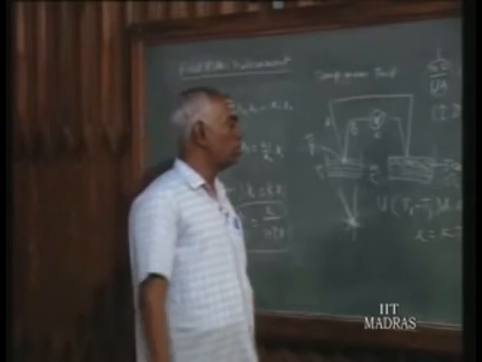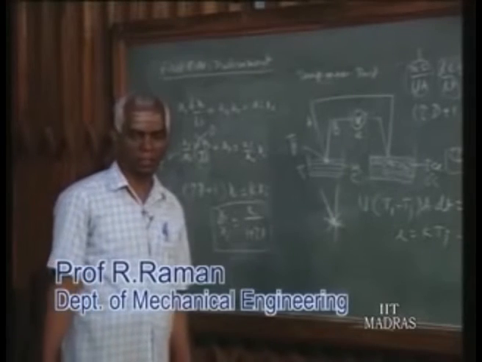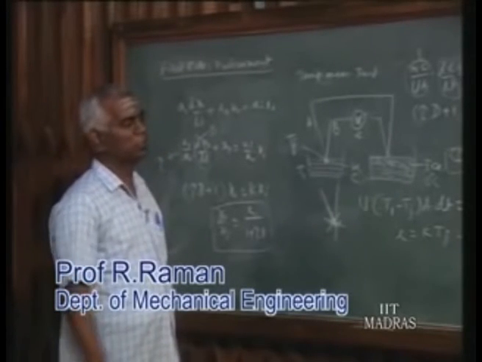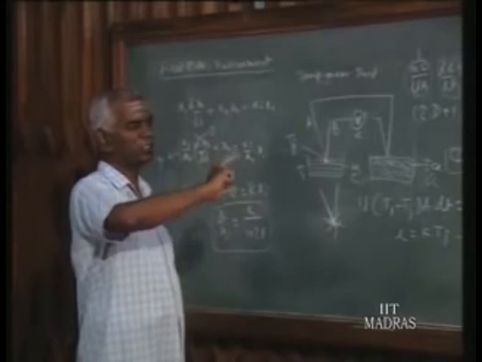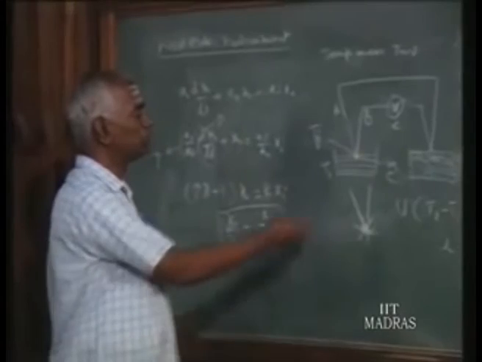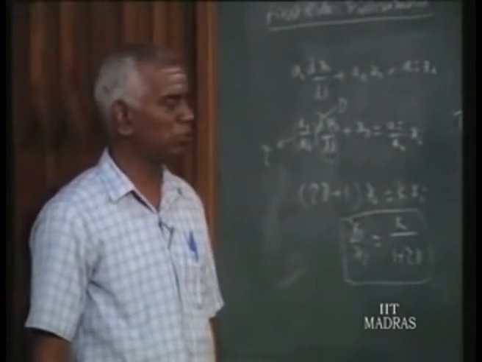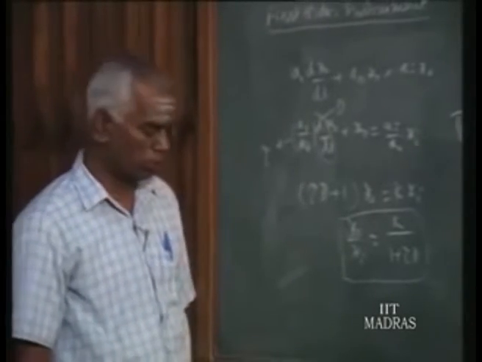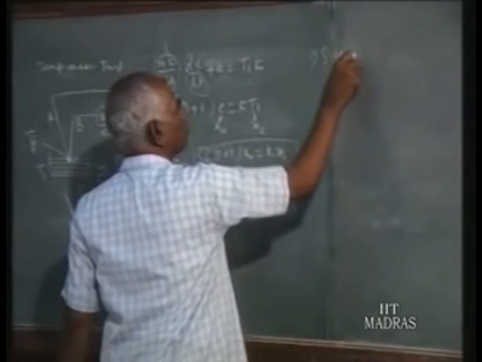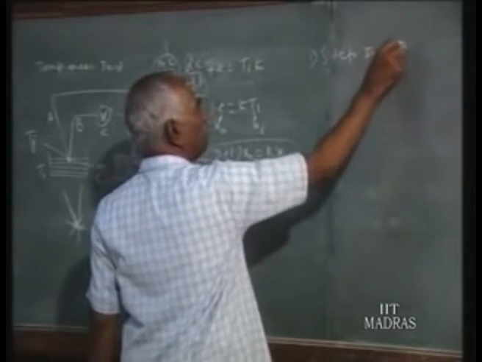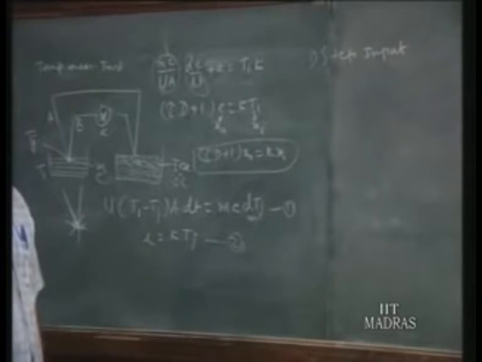Now, how does the first order instrument respond to a dynamic signal? How to find out? In a zero order system, we didn't have any such problem because there is no time lag and proportionality is maintained always. But in first order and second order instruments, to understand their behavior, we should give some standard input. The first such standard input is called step input. That is, we suddenly give that input all of a sudden and watch how the instrument behaves.